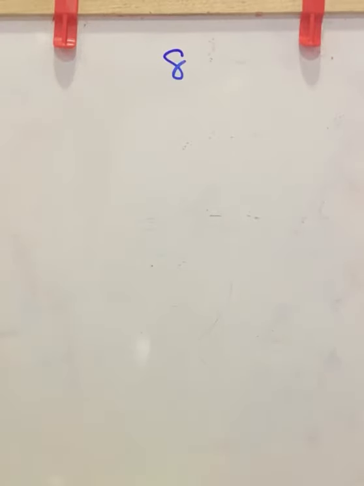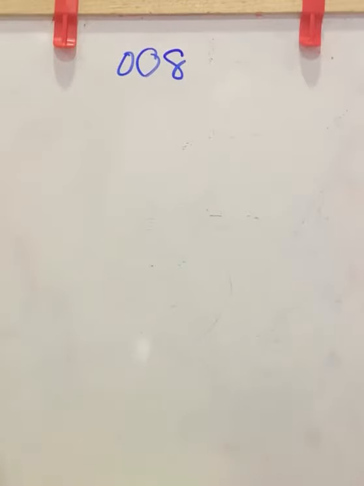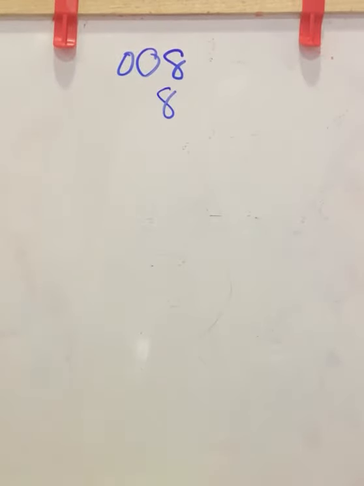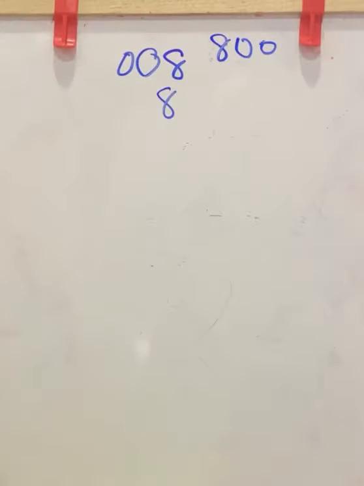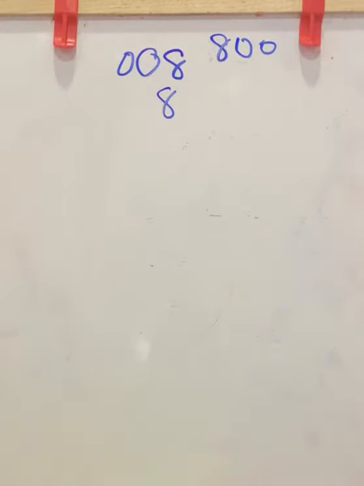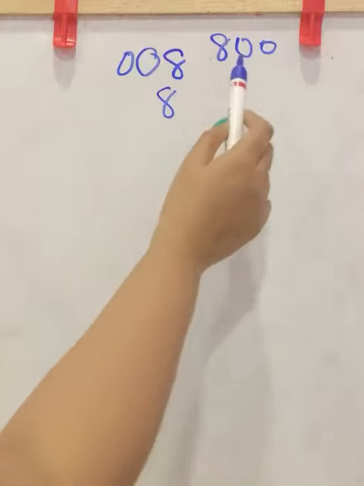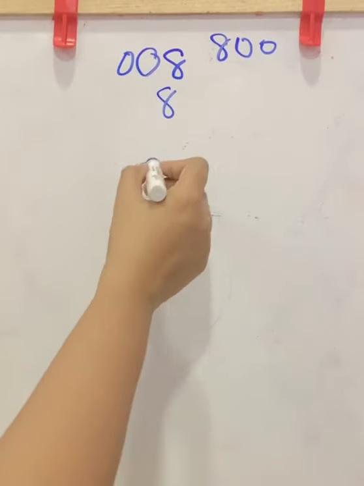8 is a number, and if you put zeros on the left side, zeros have no value. 008 means it is 8. Now what about 800? Here zeros have value, it is not 8, this is 800. So in a number without a decimal, the left side zeros have no value but the right side zeros have value. Now coming to the decimal number, if it is